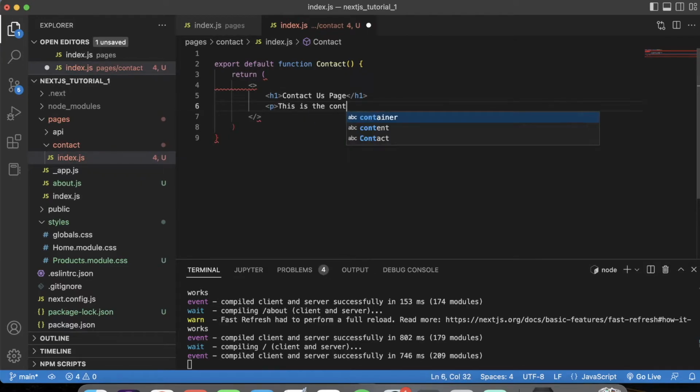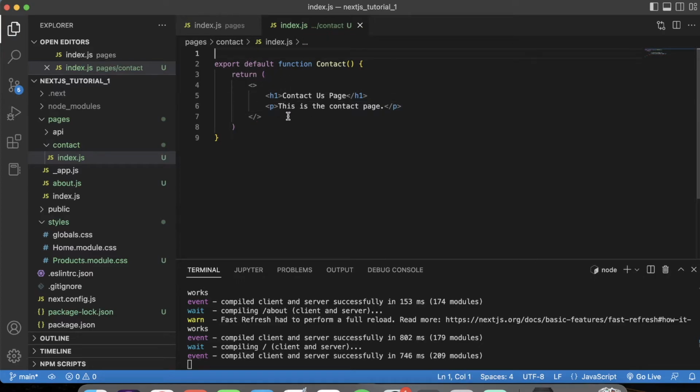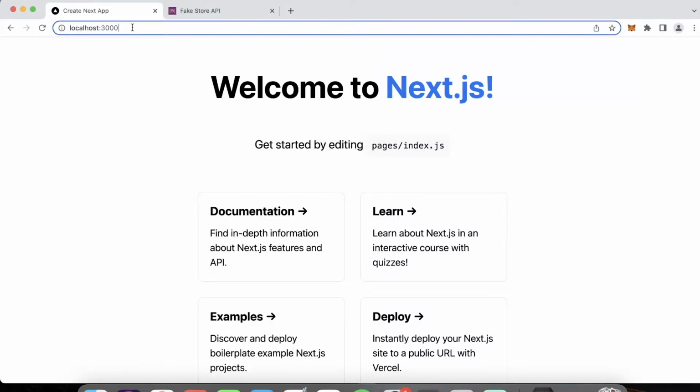This is the contact page. Now with this contact, you see how I have a folder and then index, and it's going to use this index as the primary page for this. So let's go back here